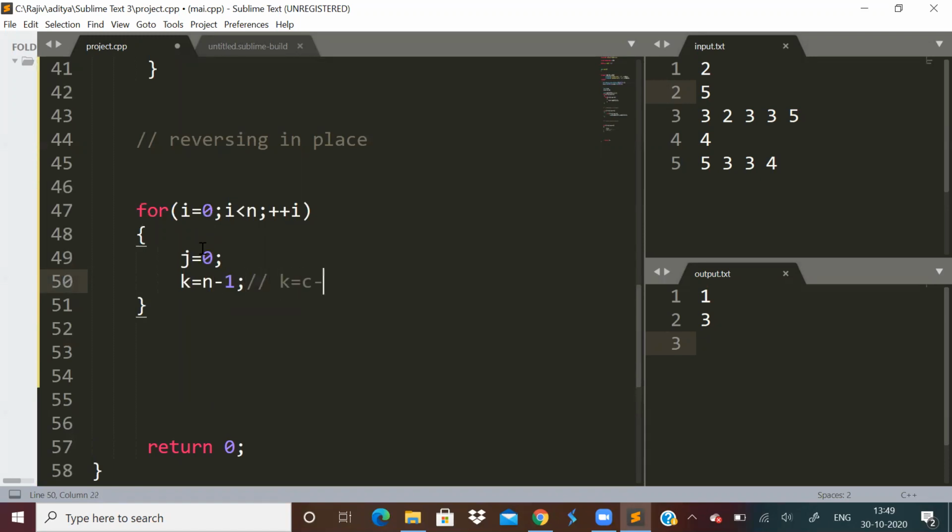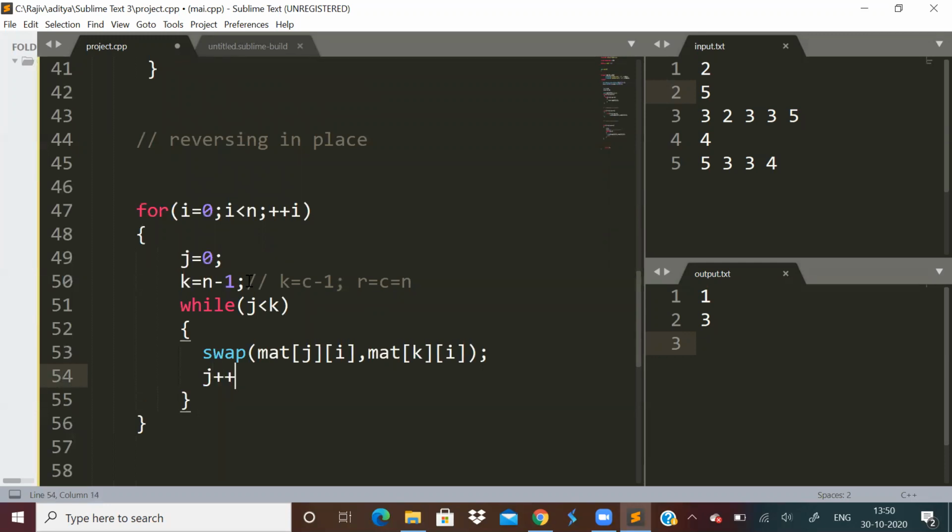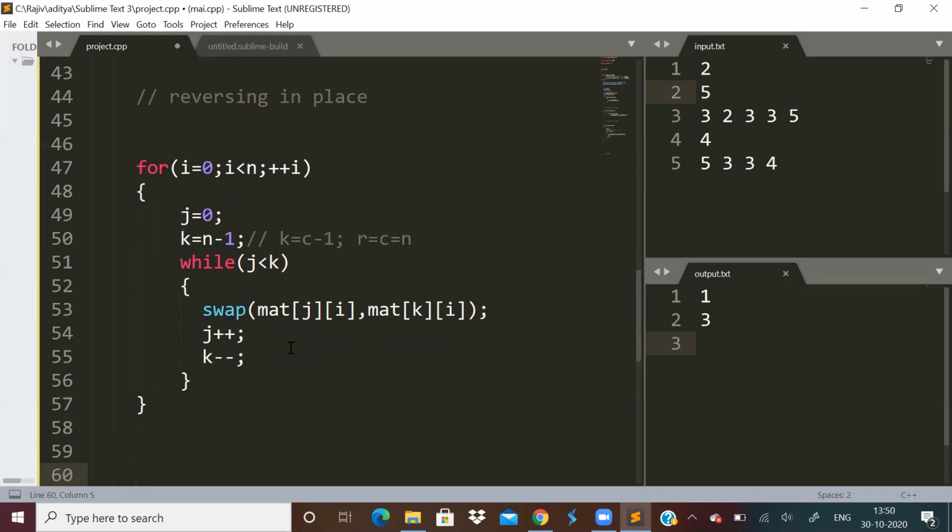Actually, k should be c minus 1 where c represents columns, but over here r equal to c equal to n because it is a square matrix. Now while j is less than k, we have to swap mat of j comma i and mat of k comma i, and j plus plus, k minus minus. This is how we can reverse the columns.